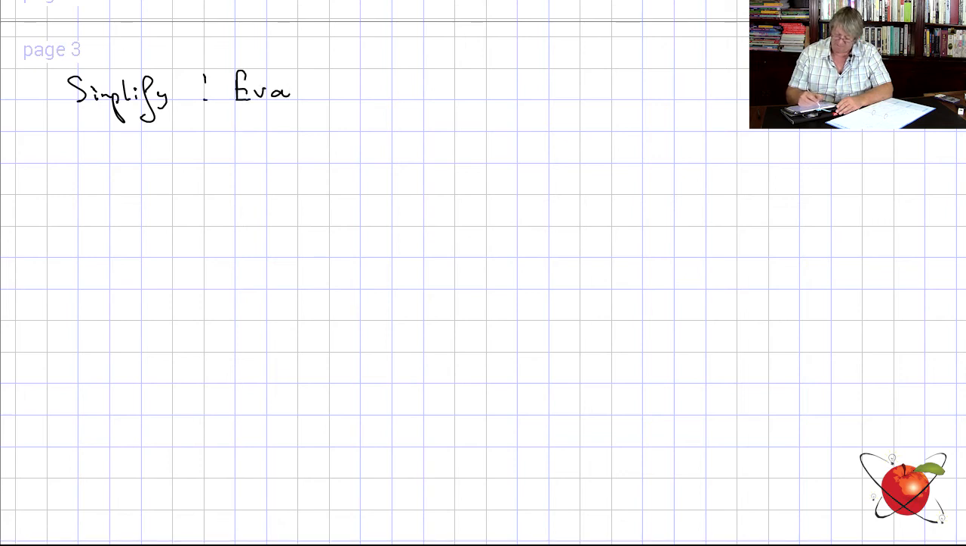Let's have a look at, this is a favorite. Guys, this is a real favorite of everyone. Simplify or evaluate without a calculator, not that a calculator would help you at all anyway. The following: 2 to the power of 1010